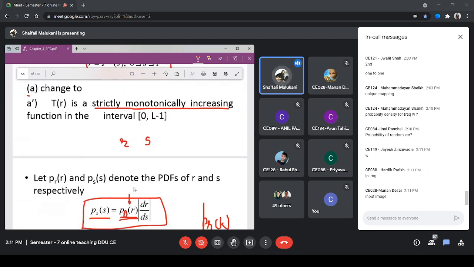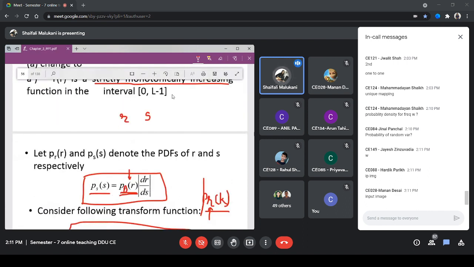Okay, how to obtain this PR of R? I will have my image, right? Then I will find its histogram, that is, how many times each intensity takes place. This is my histogram. Then I will normalize it by the total number of pixels, M cross N. Whatever I obtain will be my PR of R. That will be of random shape, right?